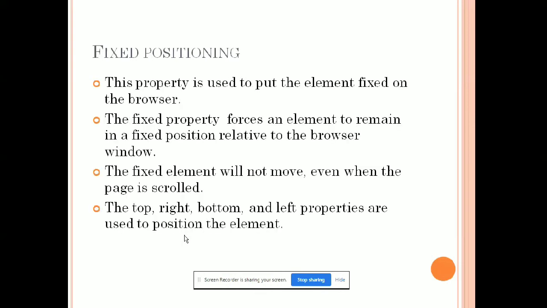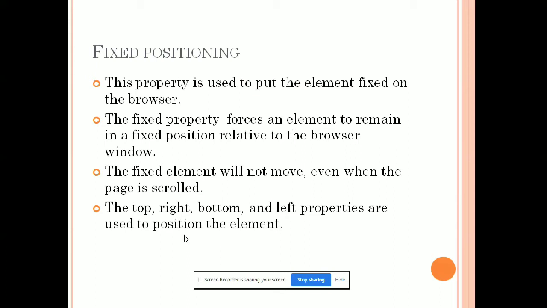Next one, fixed positioning. Now fixed position is used to place an element fixed on the browser. If we want one of our elements to have a particular place and not move even when we are scrolling the page, at that time fixed position is used.